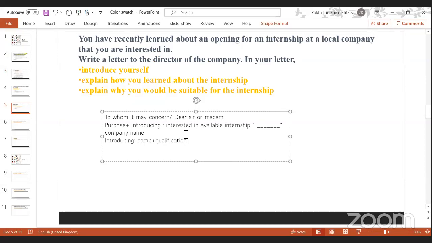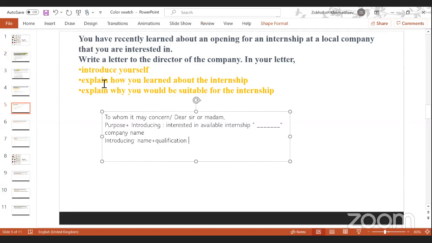You will not work full-time. You will work part-time. You will learn from the actual accountants. They will teach you what to do. And then, if they like you, they will hire you full-time as an accountant. If they do not like you, if you're a lazy person, then they will say, okay, internship time finished, you may go. We will not hire you. So it's risky. Most companies hire you as an intern just to use you, just for help, and after that they will say no. So it's risky.